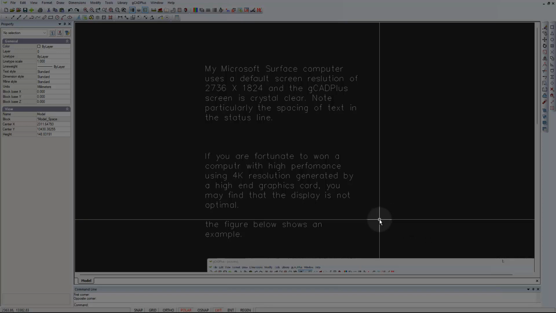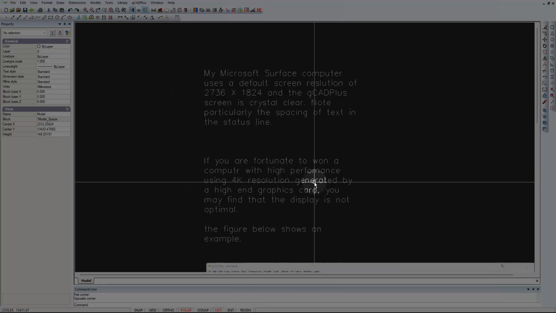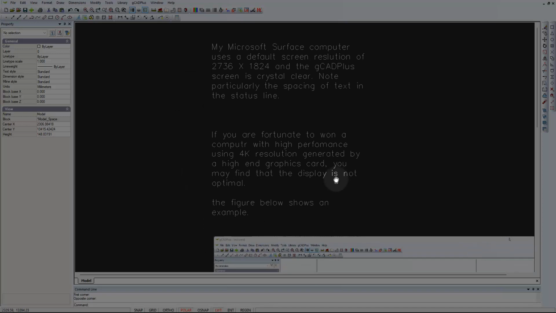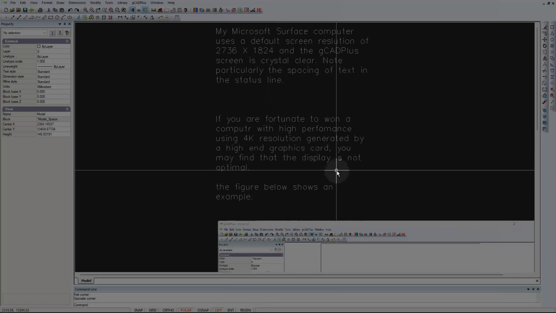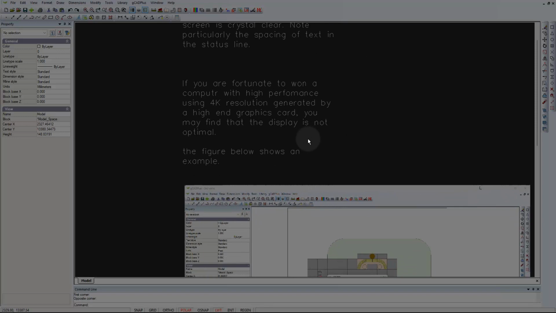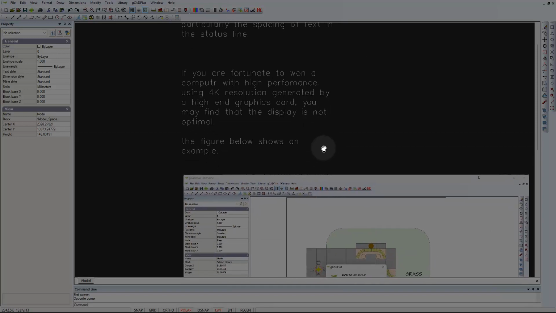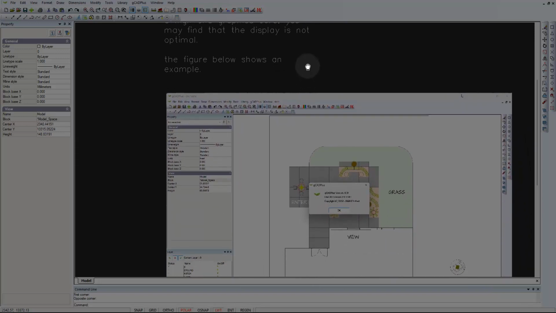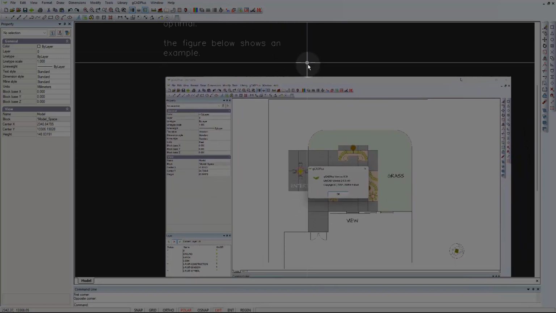However, if you're fortunate enough to own a computer with high resolution performance, some of them available now have 4K resolution generated by high-end graphics cards, and you might find that the display of gCADPlus is not optimal. And if we look at the figure below, one of our users in the US has sent us this